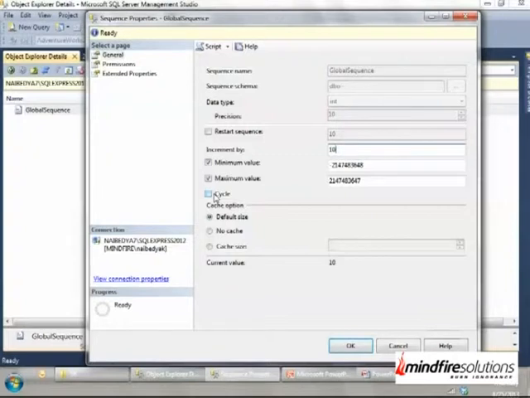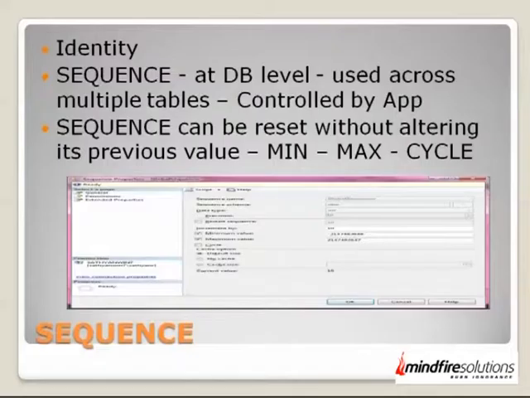Now after all this, I'm sure some of us are a bit confused on where do I exactly use this. So I have just lifted this from MSDN. We'll quickly read through it. Application requires a number before the insert into the table is made. Application requires sharing a single series of numbers between multiple tables or multiple columns within a table. This is where sequence is the way to go. Application must restart the number series when a specified number is reached. We talked about it. Application requires sorting by another field: the NEXT VALUE FOR function can apply an OVER clause to the function call. The OVER clause can guarantee...